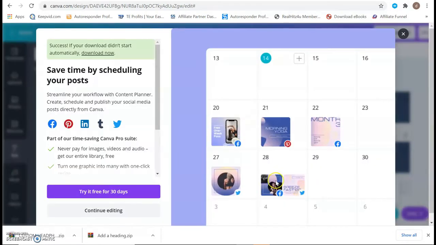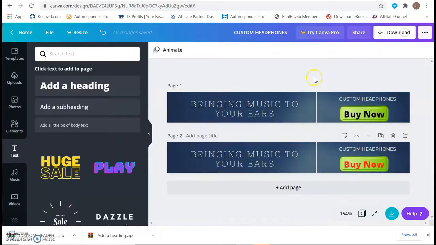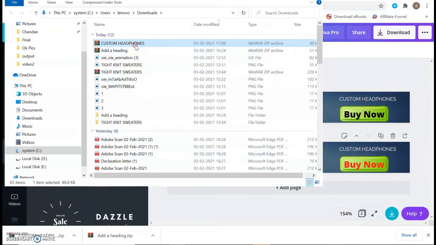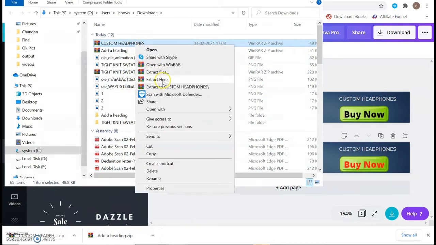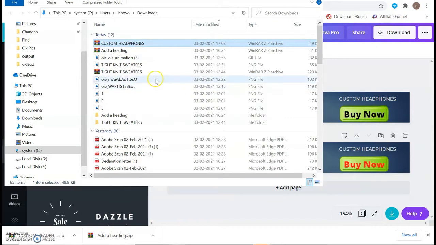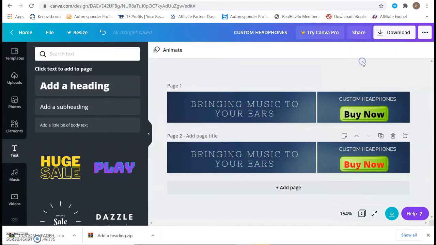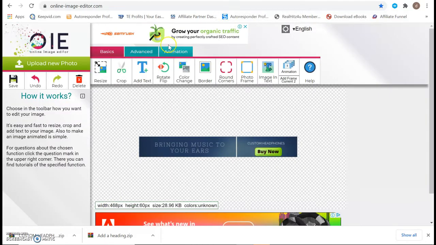Once the images are downloaded, you go to the folder and extract custom headphone to a custom headphone folder, so that it is easier for you to know. And as you can see, both the images are here now. Now all you got to do is go to another site, which is a free site,